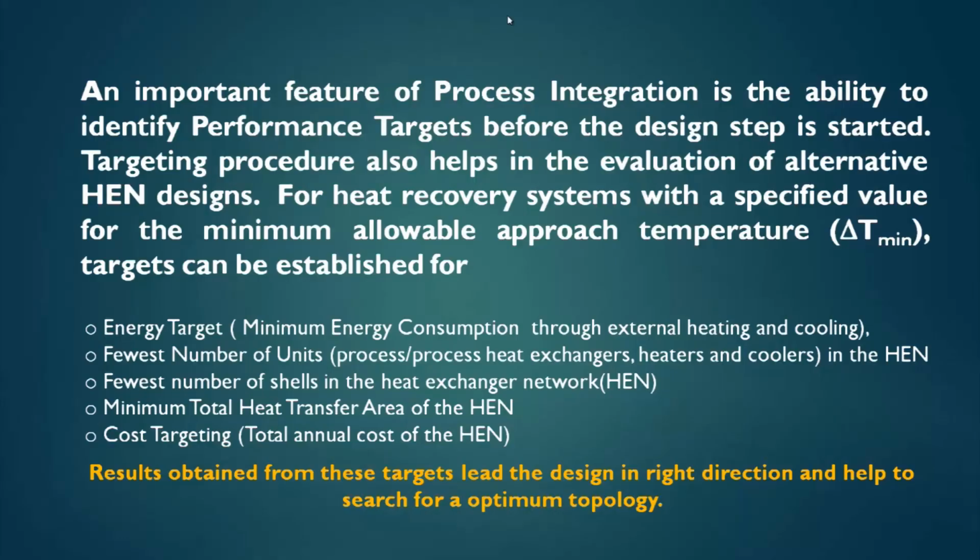If we are not able to meet these parameters in the design, that means some fault has been made in the design or the design has moved to a different path than it should. Results obtained from these targets lead the design in the right direction and help to search for an optimum topology,